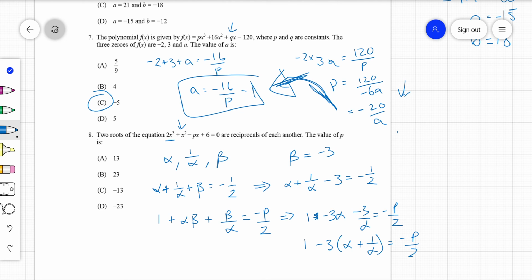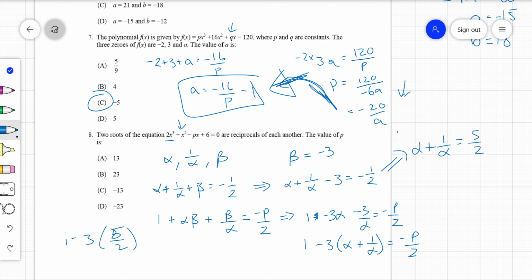Now that's handy because from this one up here, I've got alpha plus 1 on alpha. If I add 3, I'm going to get 2.5 on that side. So if I sub in 2.5, I'm going to have 1 minus 3 lots of 2.5,